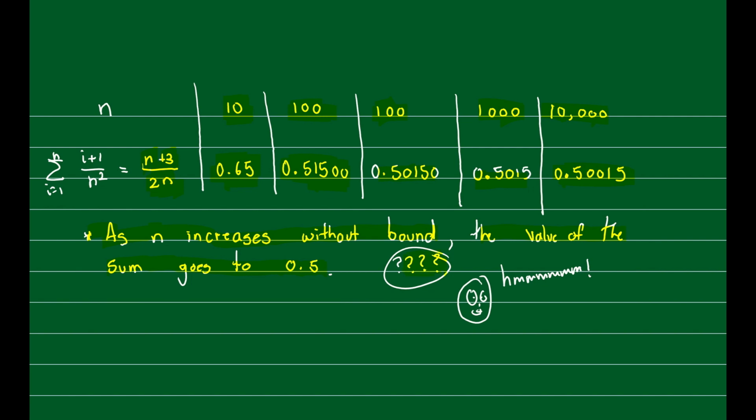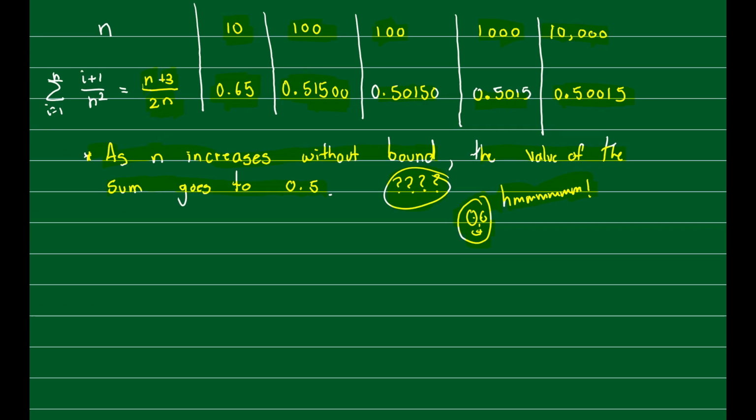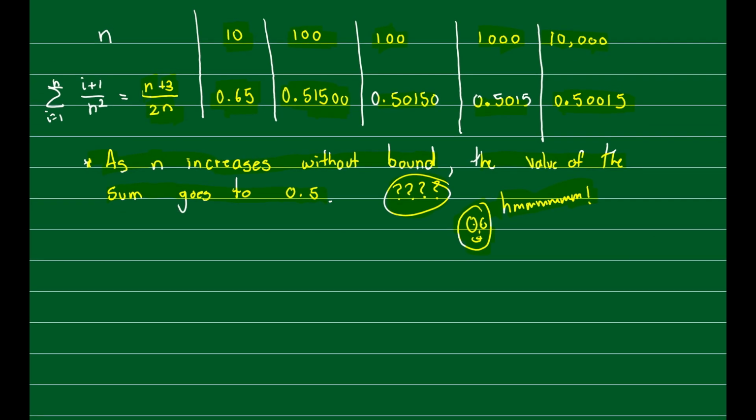Does that language seem a little bit familiar? It should, because this is nothing but limits. So let's see what we get here now. All right, so we already finished the problem. Now let's see why, as this n is increasing, we are approaching 0.5. Well, let's take the limit